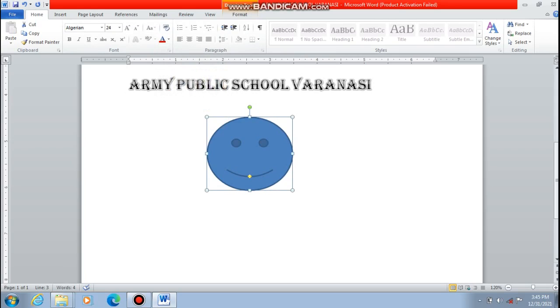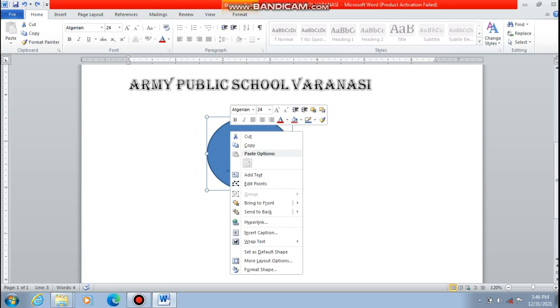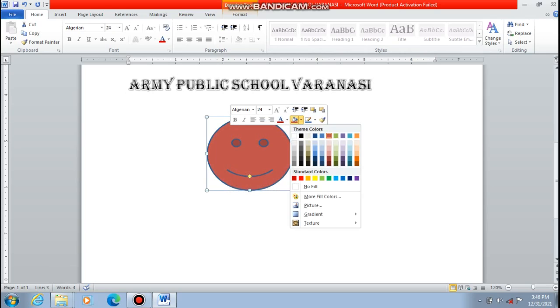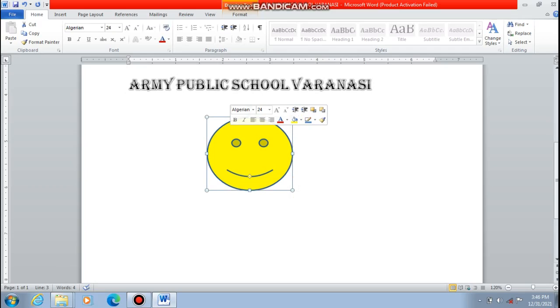Why is it not showing? Now make a right click on this smiley and you can see the fill button is there. You can choose the color according to your requirement. A smiley generally is in this color, yellow, so we have chosen this. So this is a smiley.